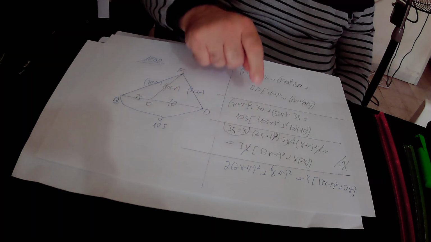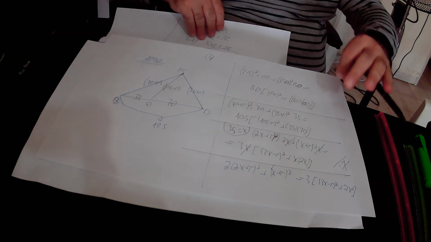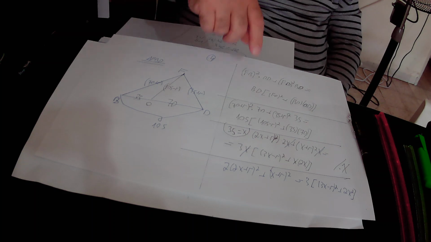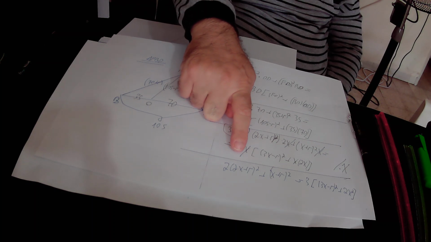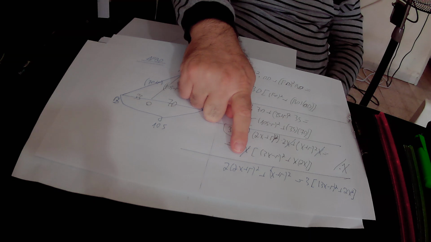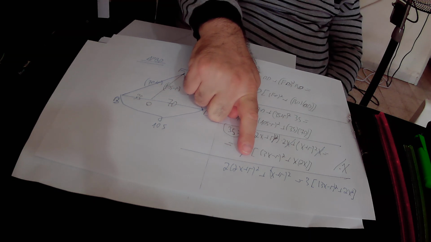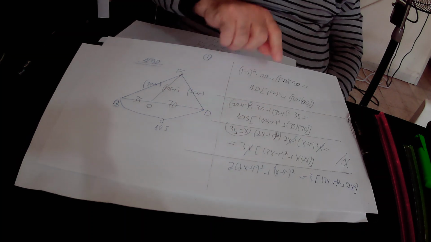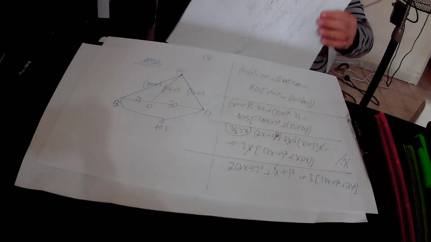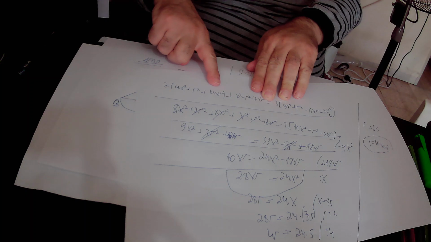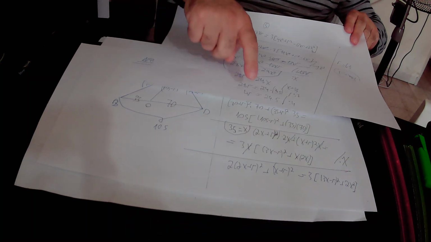Here we open the brackets, and we found out that 2 times (2x plus r) squared equals 2 times (2x squared, that is 4x squared, plus r squared plus 2 times 2x times r, that is 4xr). So in conclusion, we found out that 2 times (4x squared plus r squared plus 4xr) equals to,